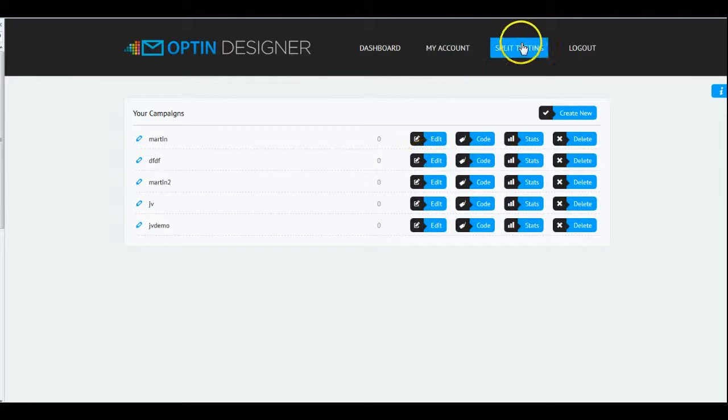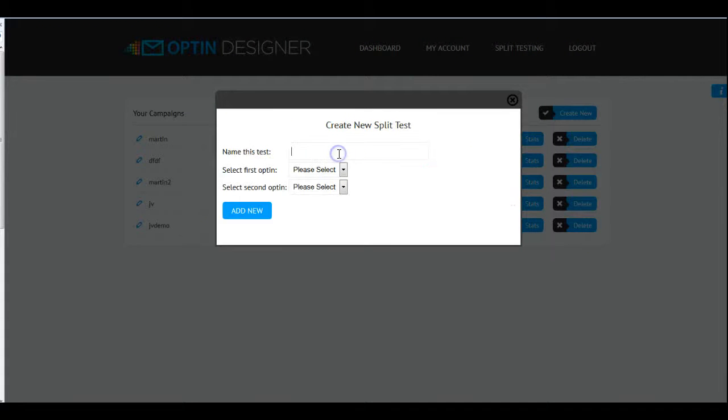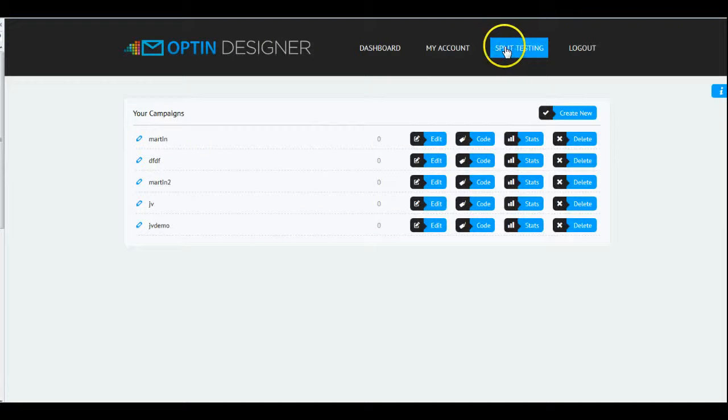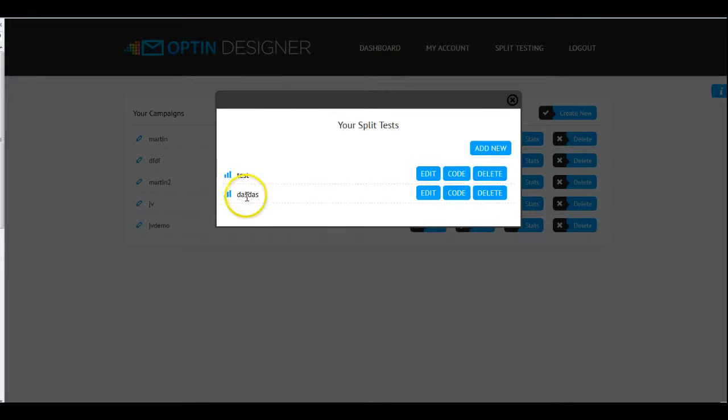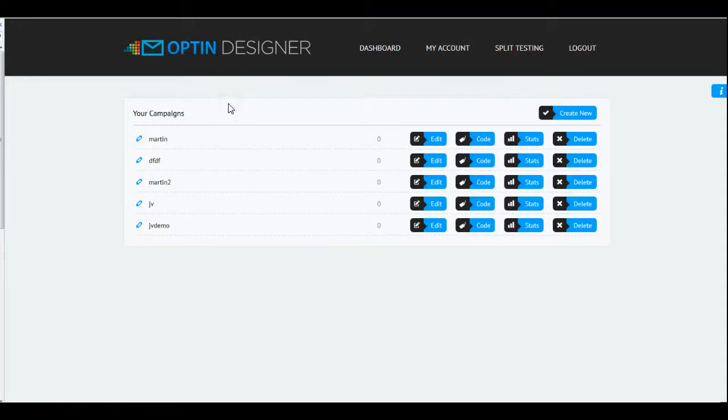I have one more function up here to show you, split testing. If you want to split test your forms, just click add new, test for your own use, and you pick the two you want to display. And this works for the two-step opt-in because it has to be triggered off a button. And the split testing stats, you can see here, obviously there's none so far. It'll give you how many hits each one has got. It'll display it 50% each time, obviously. And we've got the total sign-ups, so they're going to see which converts the best, and then they can extrapolate from that and make decisions. So that's the main overview of the